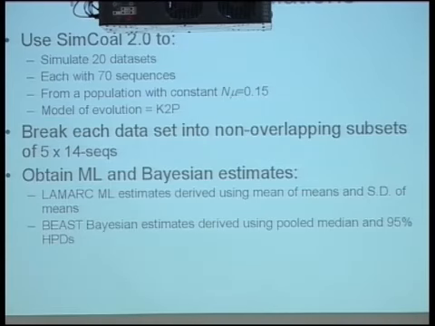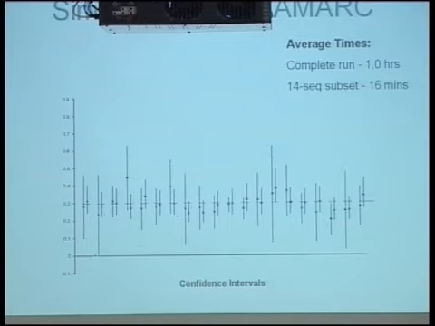All right, so let's have a look at how they perform. So here are these 20 pairs. The short bars, the small bars, represent the full data set in a single run. So we gave Lamarck the 70 sequences, and we ran those 70 sequences. And the long bars represent our estimates of the confidence interval and the means based on my naive view of